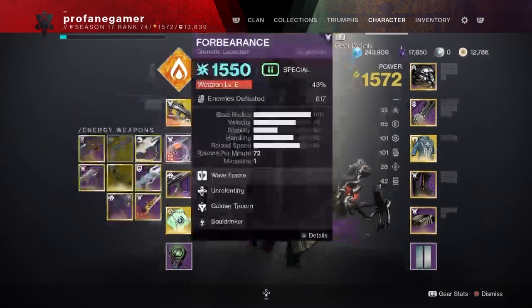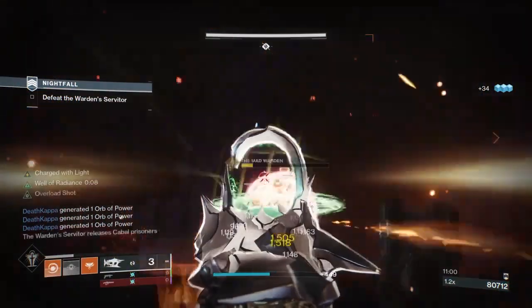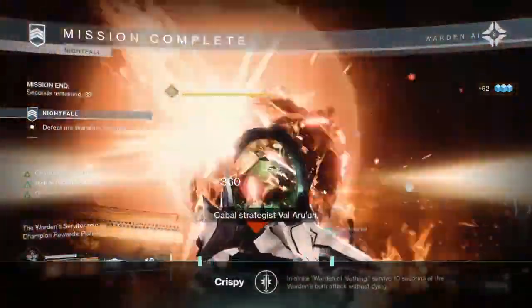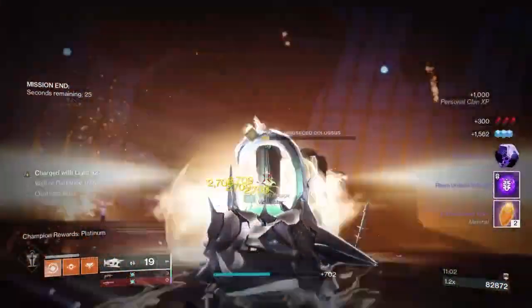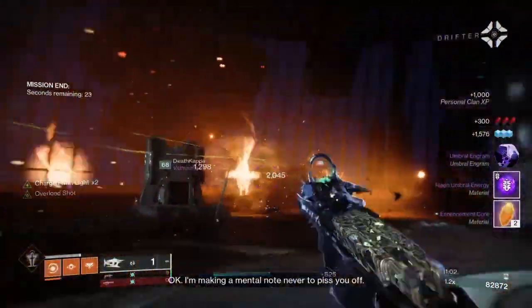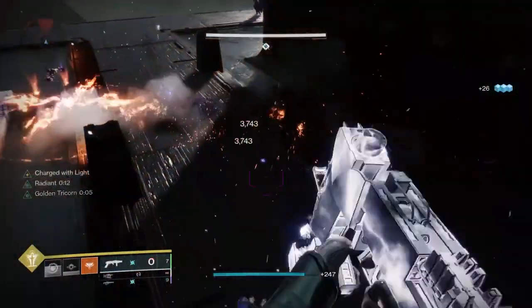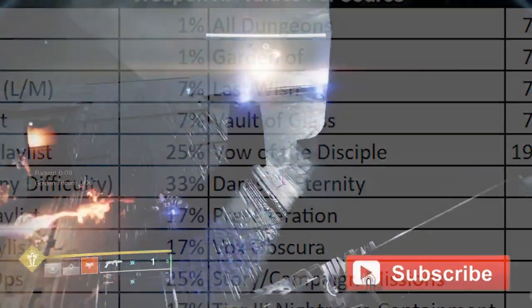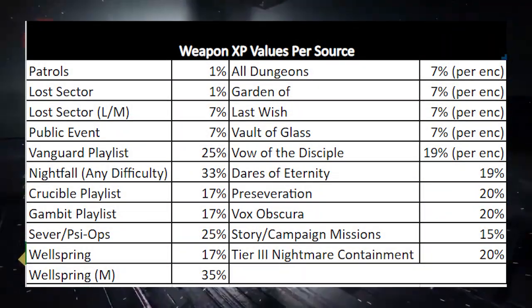And that leaves us with our last and possibly most important segment of today's video. What's the fastest way to level up your crafted weapons? Weapon levels are progressed up through kills with the crafted weapon, along with activities completed while that weapon is equipped. Here is a complete breakdown of the current progress you receive for each of the activities currently available in the